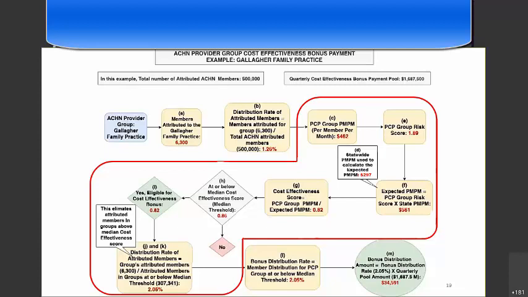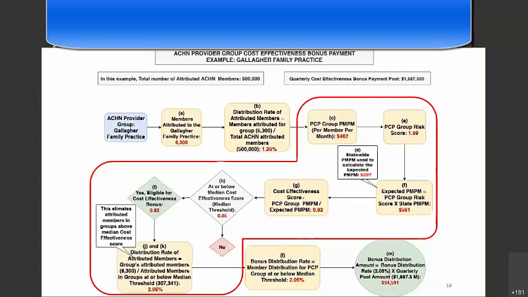The next key step in our process is scoring every qualifying participating group in the state. And in Step H, this shows how we determine our median cost-effectiveness score. By attributing a score to every group in the state, we are able to rank them. And by ranking every group, we choose the median, or think of it as the middle score. And in our hypothetical example, the statewide median cost-effectiveness score is going to be 0.86,